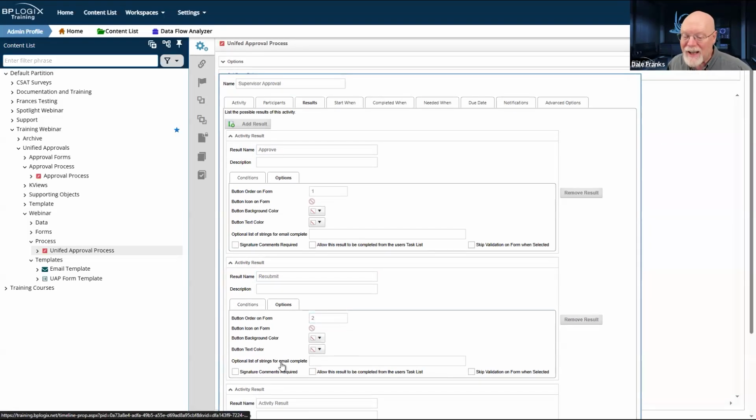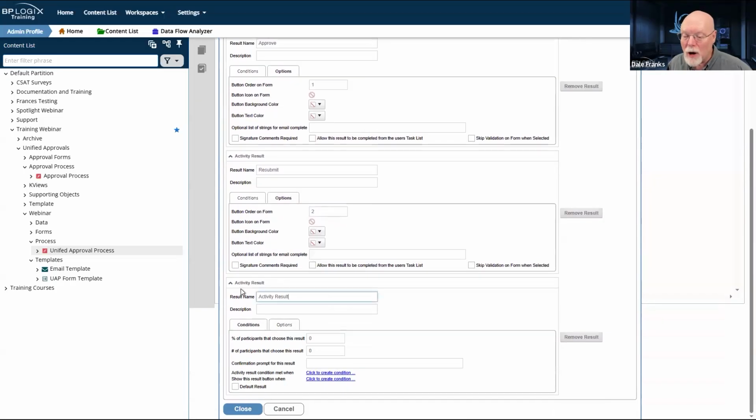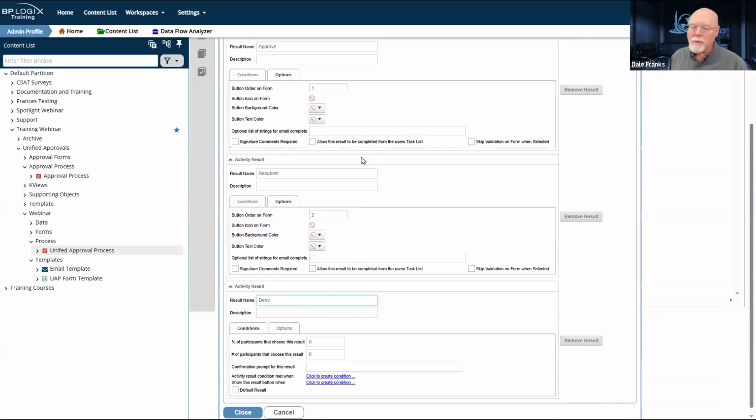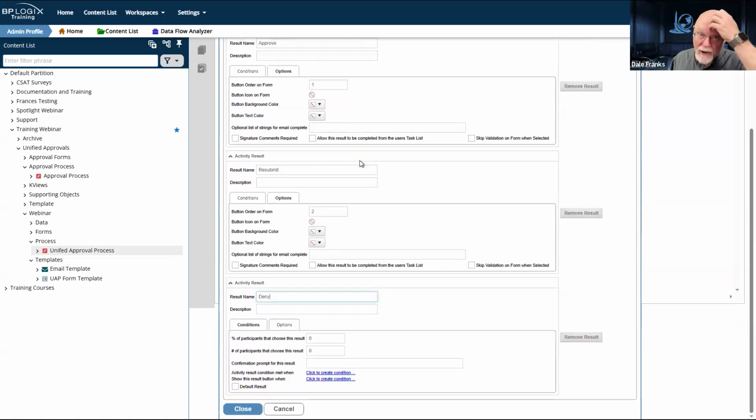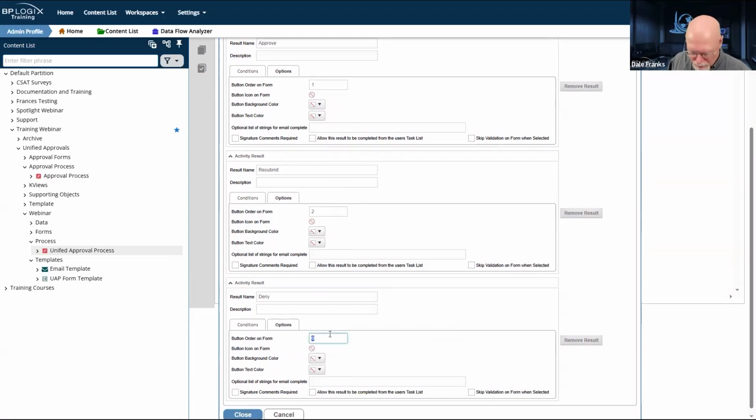And we're going to need a deny because that escapes our loop. So we're going to have that approve, resubmit, and deny routinely. We need resubmit and deny because our entire approval loop depends on those 2 results for how it's going to operate. And deny is going to be our number 3 result.